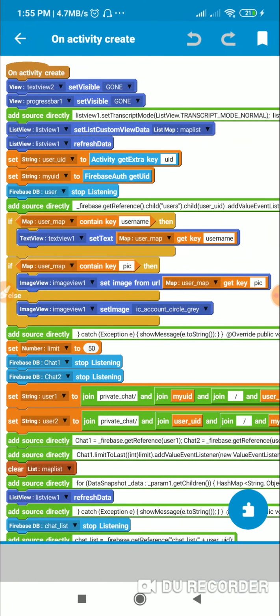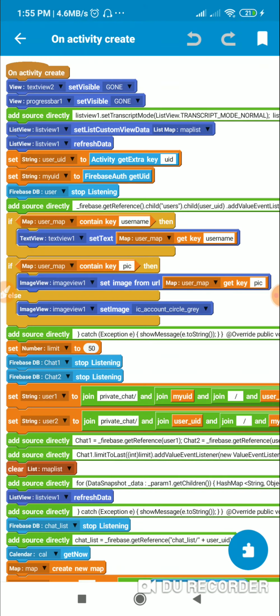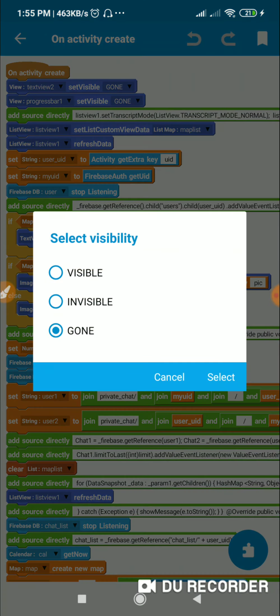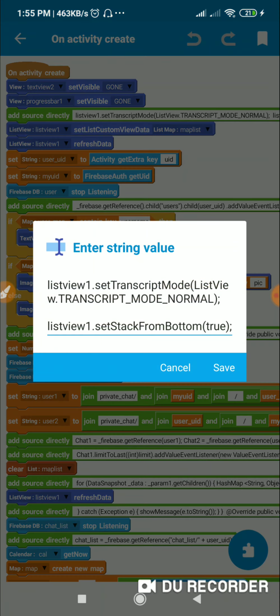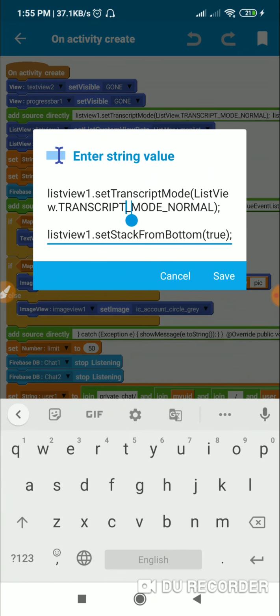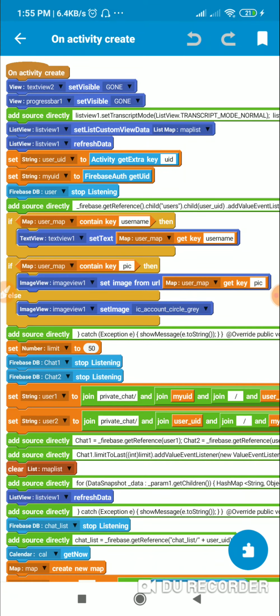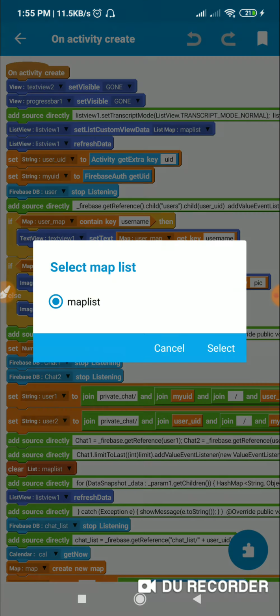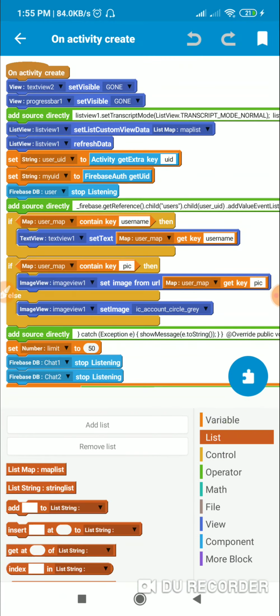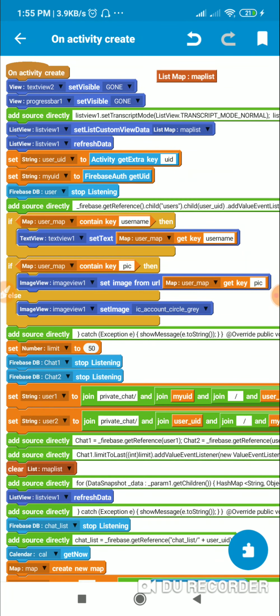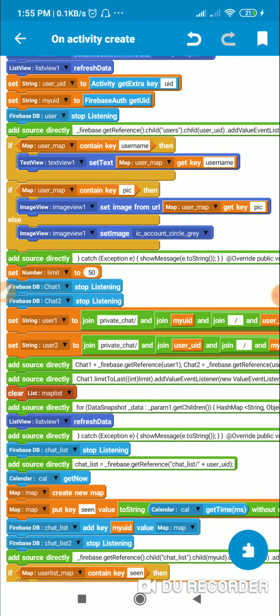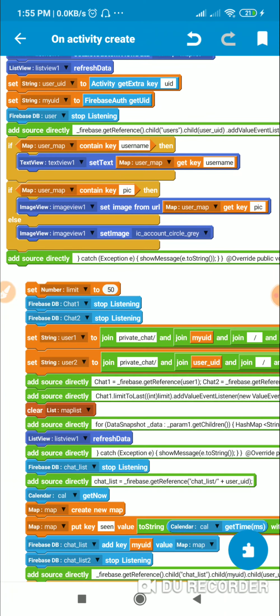So in onCreate I make this text view 2 gone and progress bar 1 gone, set visible gone. For list view 1 I set transcript mode to transcript mode normal, and I set stack from bottom true. And for list view 1 I set list custom view data map list, and then list view 1 refresh data. So here I have created a list map called map list. Okay, after this I get the username and pic of the second user, and display it, and then I